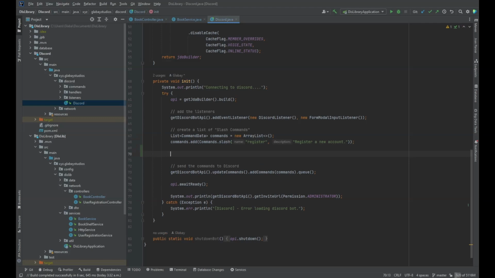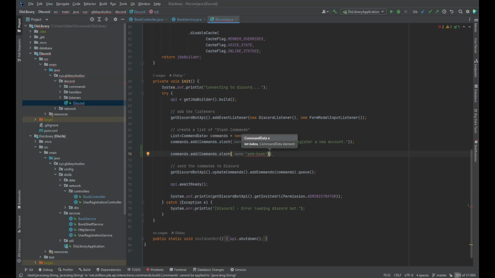So we're just going to call this commands.add. If I can type that correctly. And we're going to add in a new slash command. And this one here, we're actually just going to name add-book,